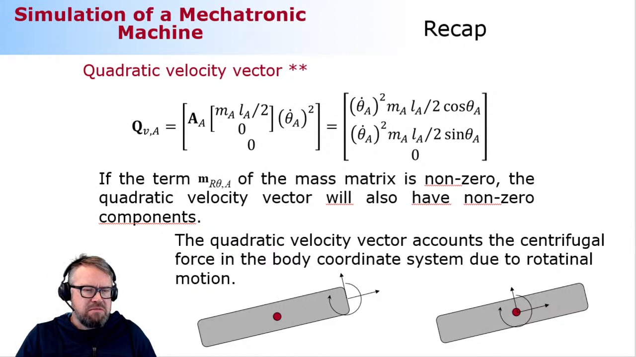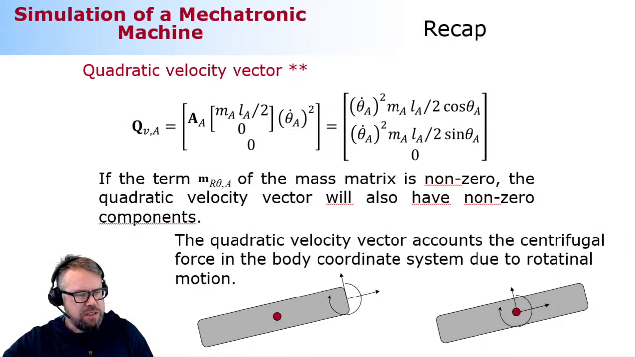Quadratic velocity vector, not particularly important because it's only 2 stars. It's something that is non-zero if and only if your body coordinate system is not located in the center of the mass. But if it is, this is non-zero and you don't need to compute it. So then the final thing